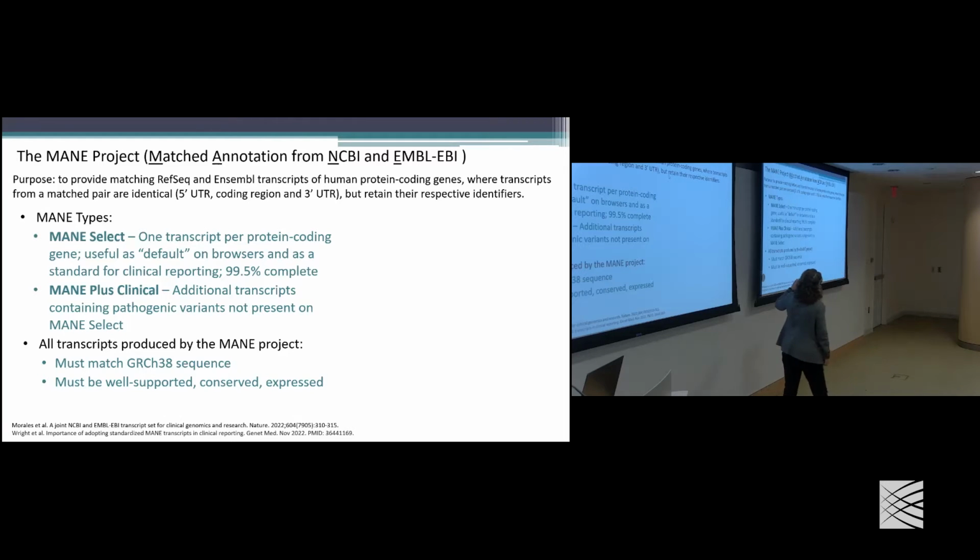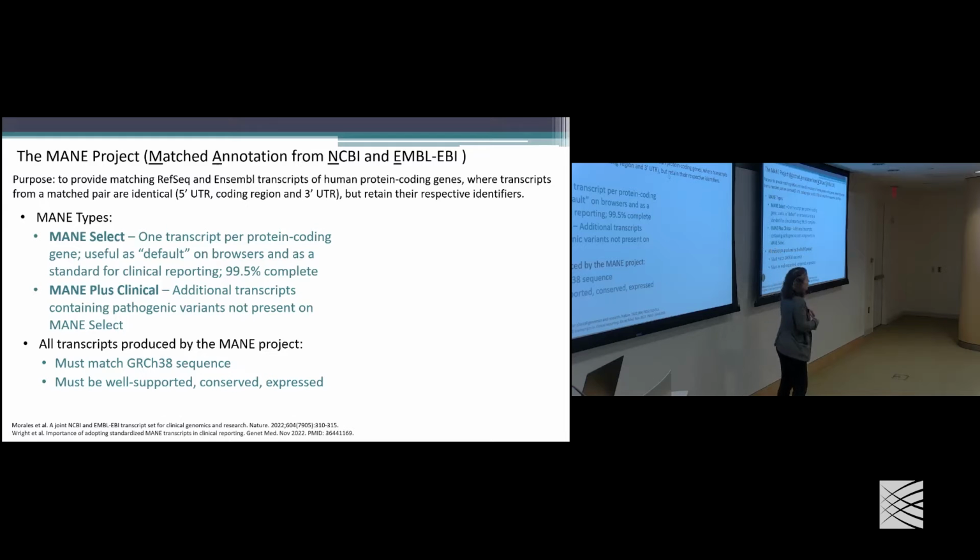And so that group has defined the MANE Select transcript, which is the primary default reporting transcript when you're describing variation for that gene. And there's only one per gene. That does not mean there's only one biologically relevant transcript for any given gene. It means they have gone and selected, based on biological data, a transcript that they believe is the most biologically relevant transcript for that gene. And then that gets tagged as the MANE Select.